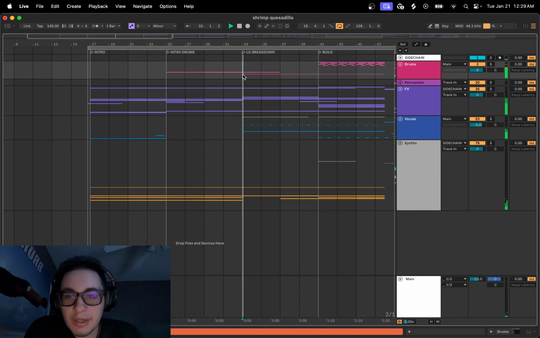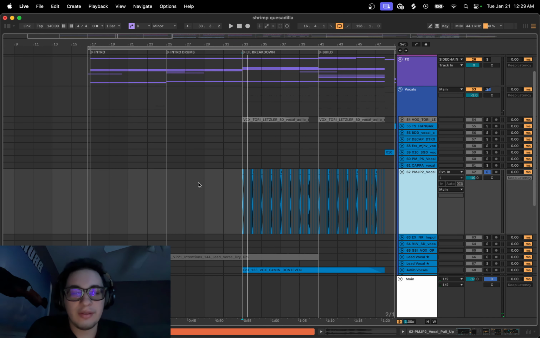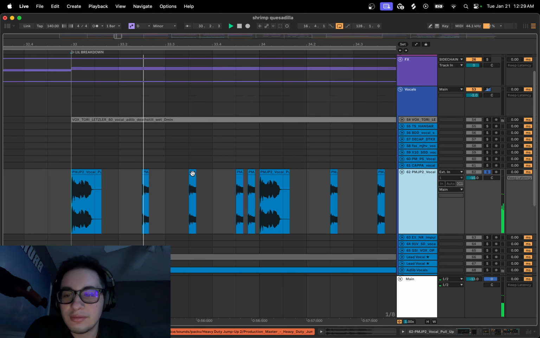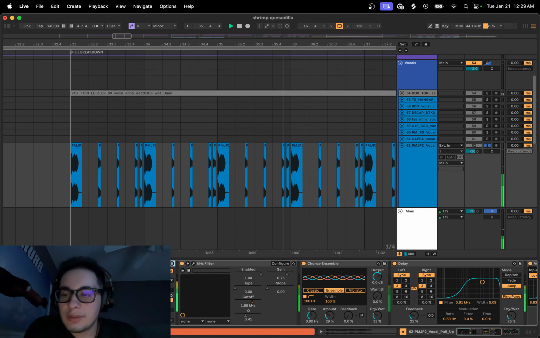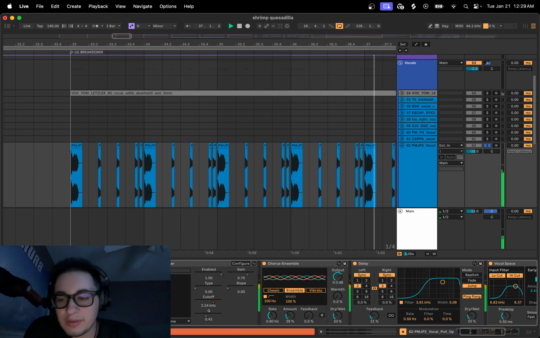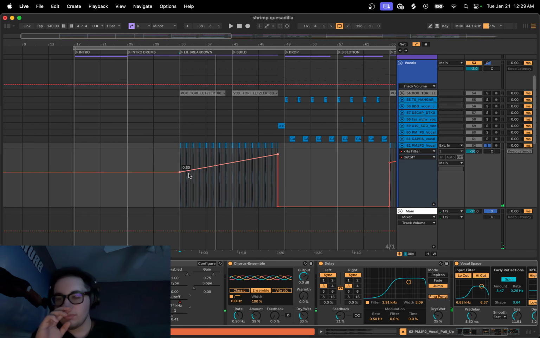And then right here, I introduced this sort of vocal that I kind of chopped up a little bit. Really simple. Cut out the lows, raise the highs a little bit. I added a filter to it because, without it,